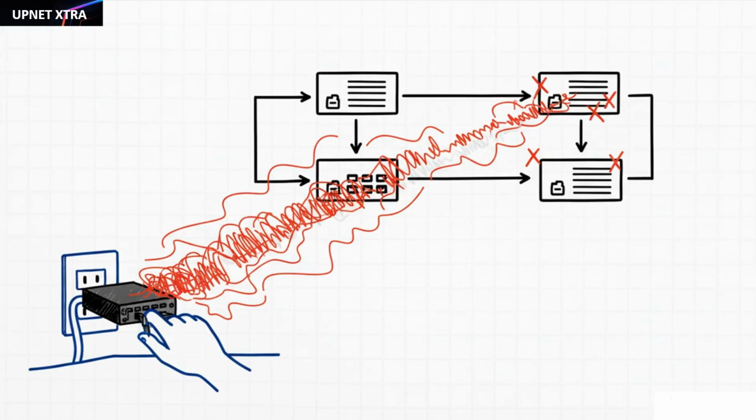A way more common issue, and usually it's just an accident, is when a user brings a cheap little switch from home and plugs it into their wall jack to get more ports. That little switch starts sending out its own STP messages, and it can totally confuse the network, cause random ports to shut down, and just create a lot of instability.